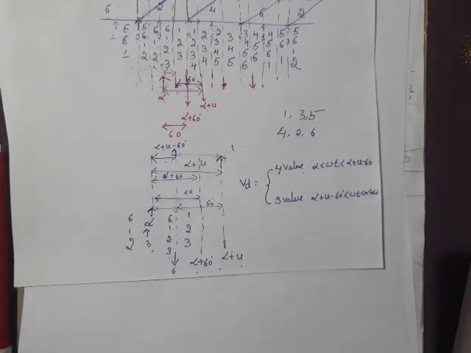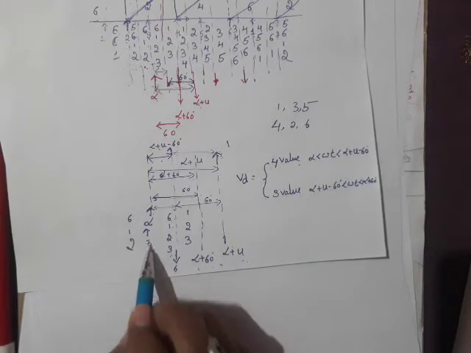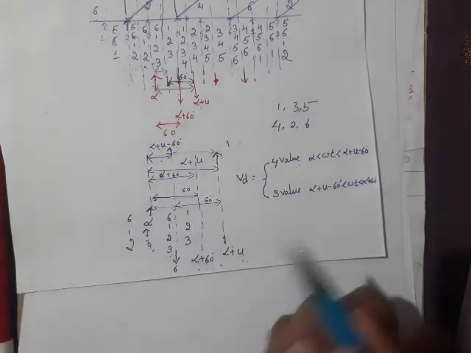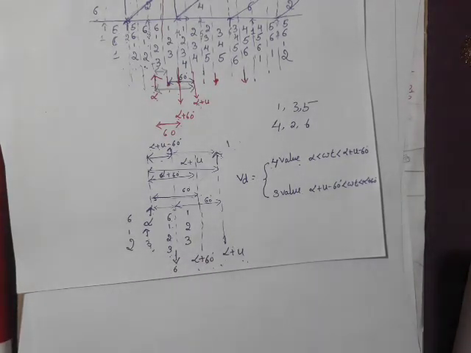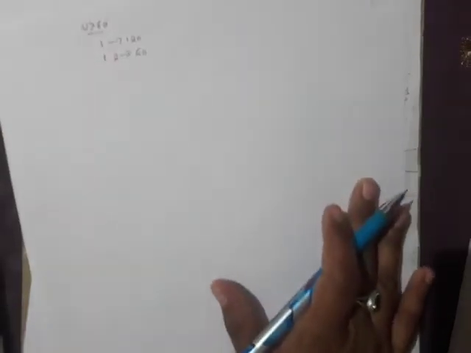I am just talking about valve number 3. Don't worry about other valves. Valve number 3. This is the output voltage equation for valve number 3. If you consider another valve, for example, instead of valve number 3, you take valve number 2, then analyze for valve number 2. You will get the same thing. Only the conduction sequence changes, but the conduction pattern remains the same. Okay. So with this, I will just move on to 4 valve conduction.